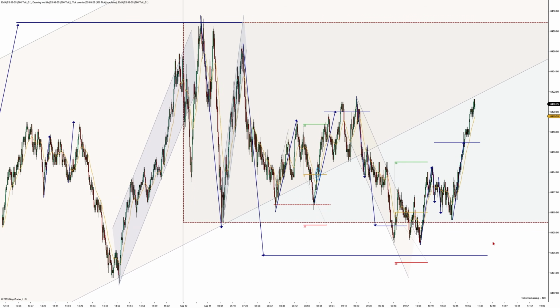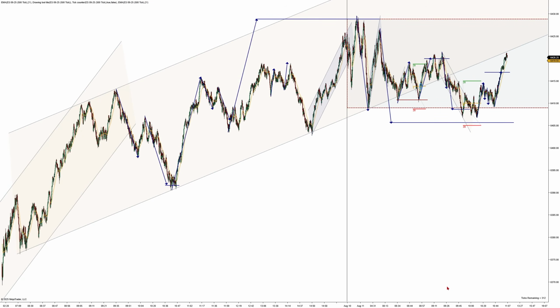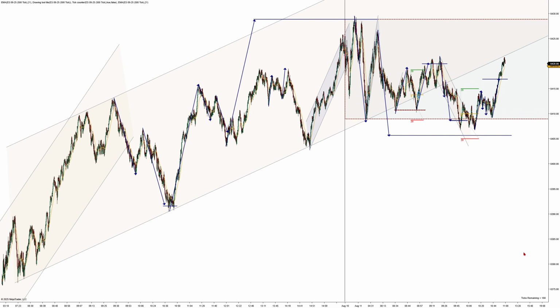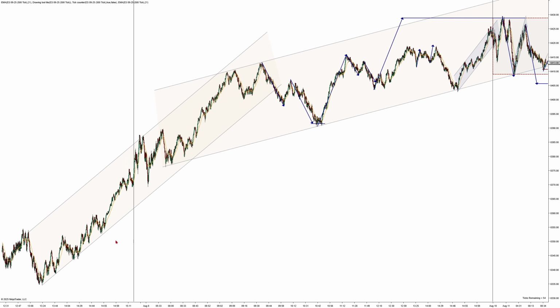We're looking at the ES futures on a 500 tick chart with a 21 EMA. So I'm going to be done trading a bit early today. Usually I stop around noon. Right now it's 11:03. And so you can see from a couple days ago we have this uptrend start, and